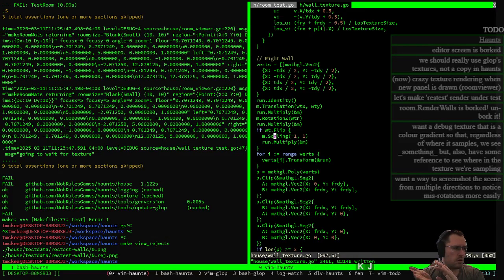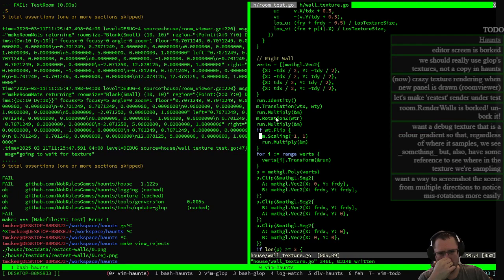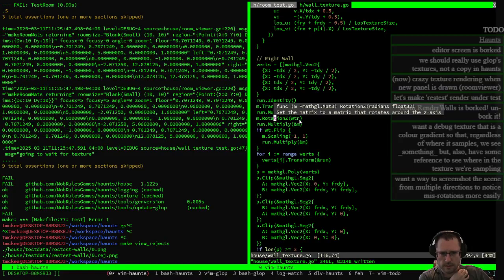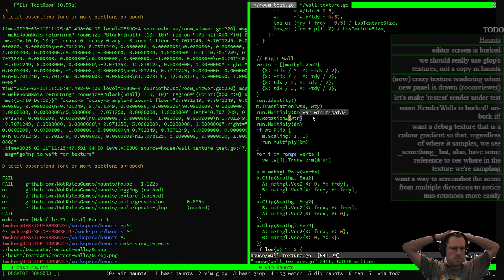And so whether we're right wall or left wall, the first thing we do is we flip it. So then the flip is taken care of. Then for the right wall, we rotate it in Z about WTR. So now this is going to be an extra 90 degrees from whatever tweak of a rotation you want to apply to the decal. So if you want to take your cobweb and tweak it a little bit, that's fine. But